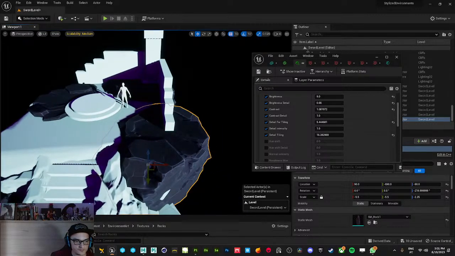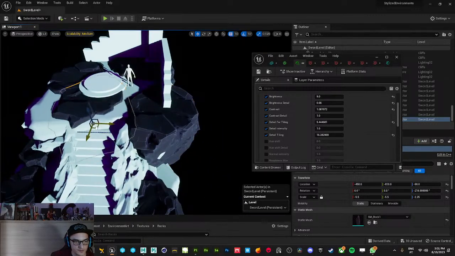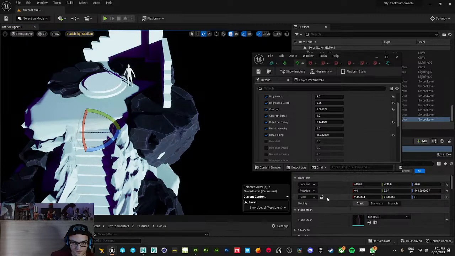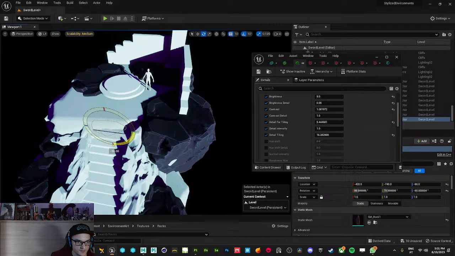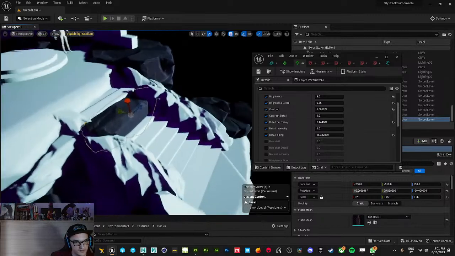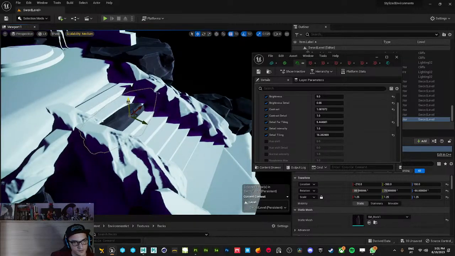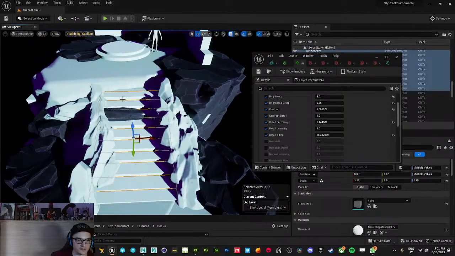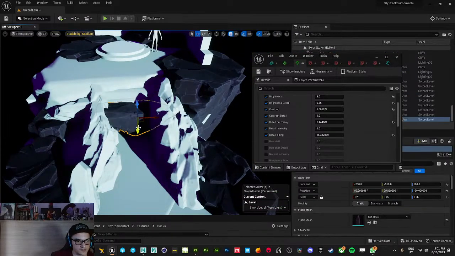So you can have a pretty basic understanding of what's going to happen here. So just put this at 1. And rotate this back. And keep in mind, this is block out level of detail, right? So we're using this to block out, but ideally we would have different meshes and all of that. So we can hide this for now